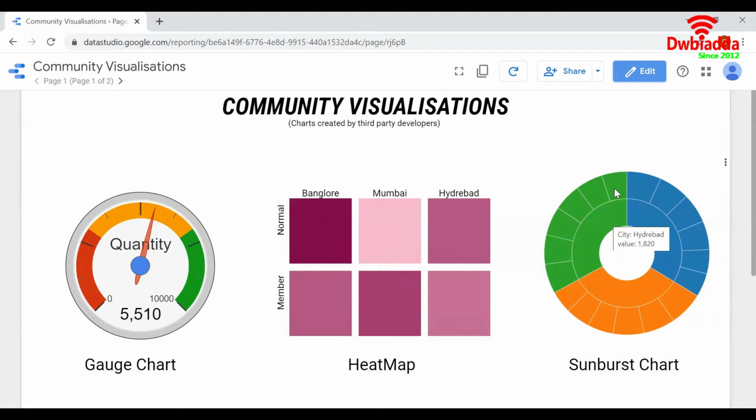In that particular city, again, the product line, food and beverages count value is 270. Similarly, blue color is for city Bangalore and orange color is for city Mumbai. This is how sunburst chart works. Now let us see how to create these charts in our report.